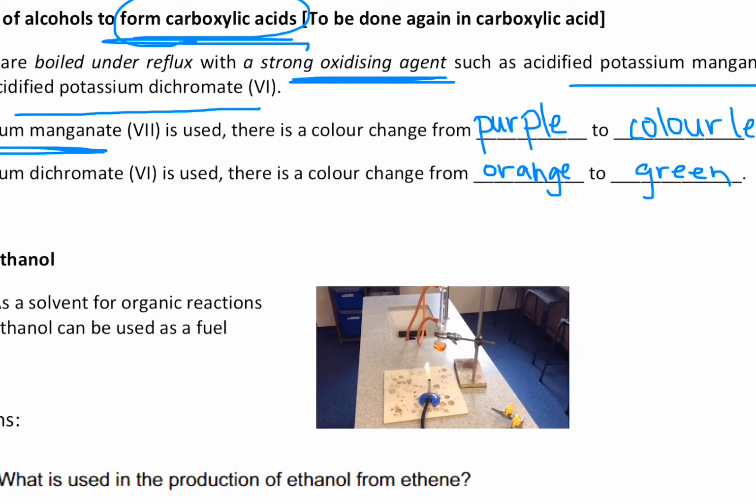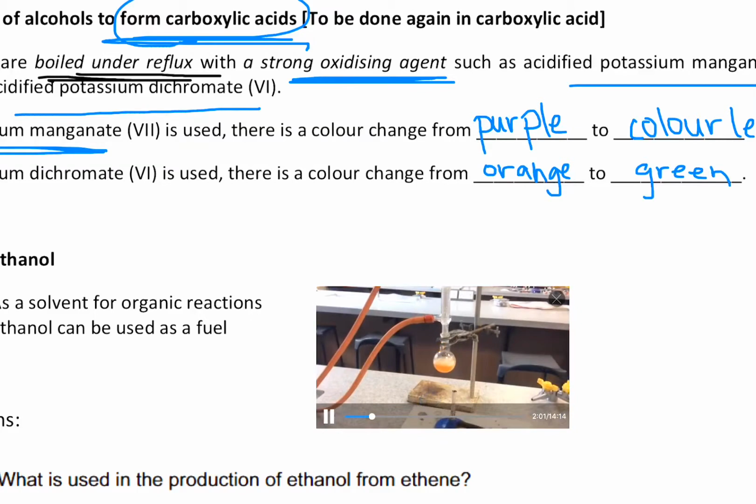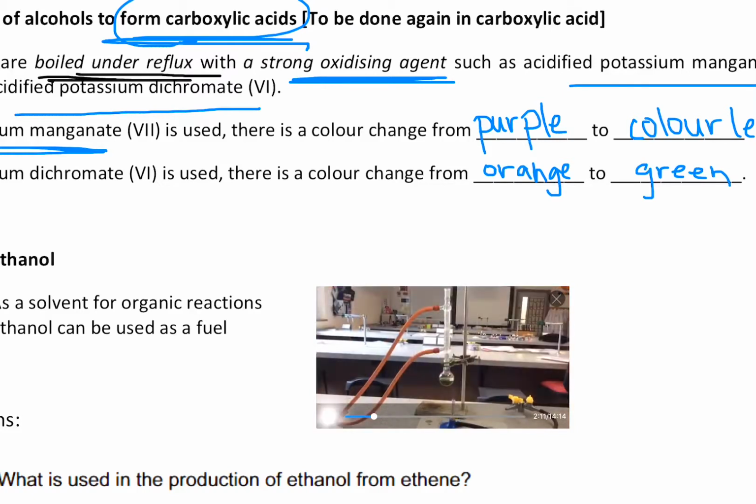So this video is going to show you the oxidation. When we say boil under reflux, you'll see the setup for boiling under reflux. In the round bottom flask, you have acidified potassium dichromate, and underneath the flask, a very small Bunsen burner, a micro burner. The contents of the flask are orange in color, and we are going to watch what happens. We heat this mixture up. You see the mixture is being heated, and after some time it turns green. So from orange to green, you have the oxidation that has taken place. This setup is called